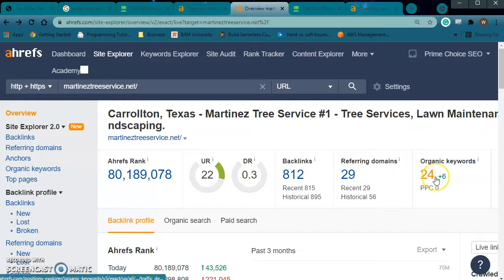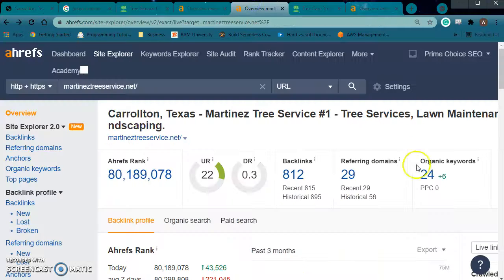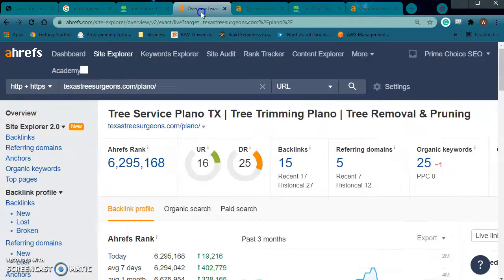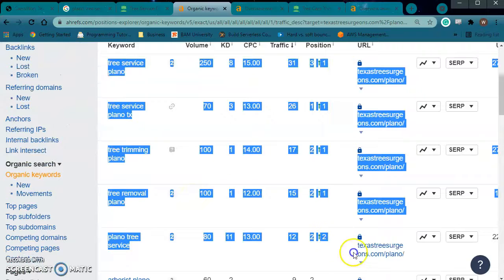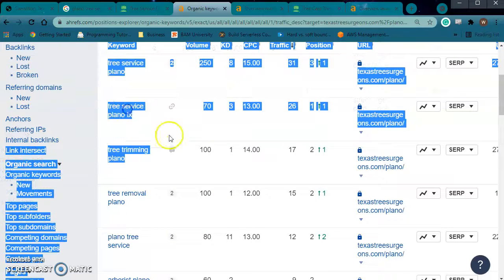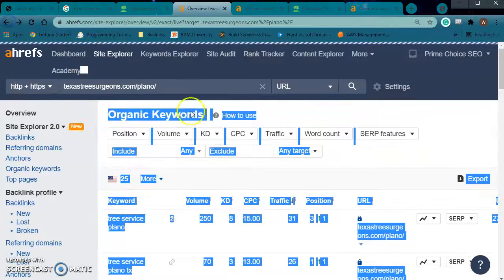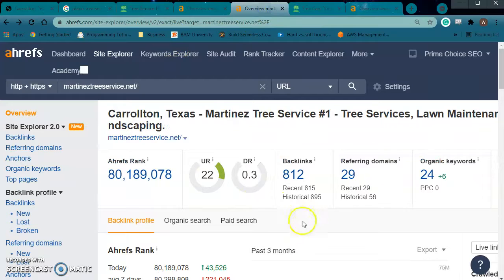And the different keywords that I would mention that you should try and put in, one of which is Plano Tree Services. That is a huge keyword. You can even look at their list, what are they ranking for? Grab these keywords, Plano Tree Service, tree removal Plano, because when you look at it, they are getting a lot of volume from that on a monthly basis. If I look over at you guys,